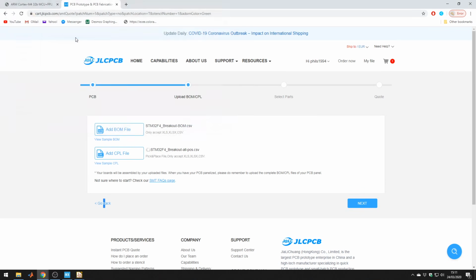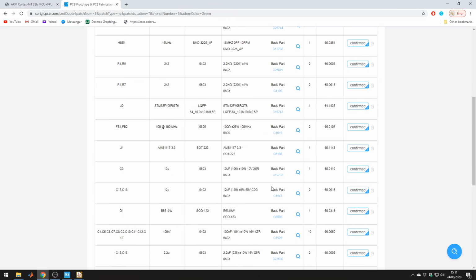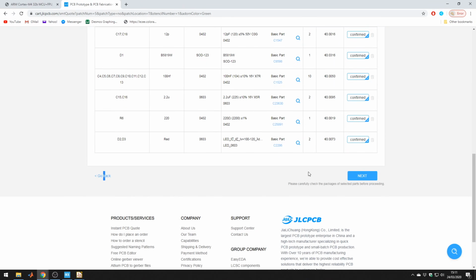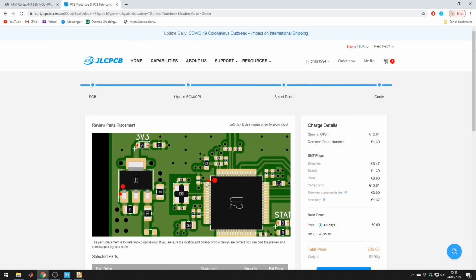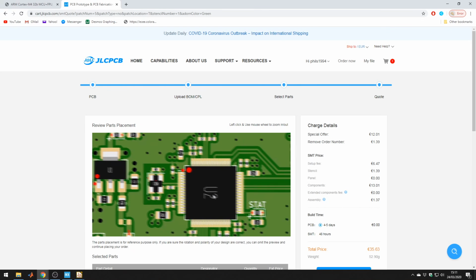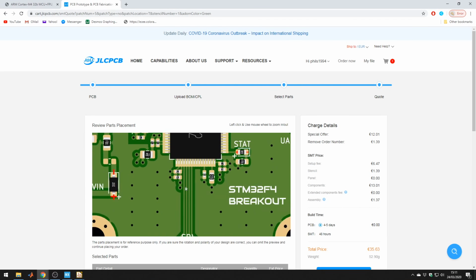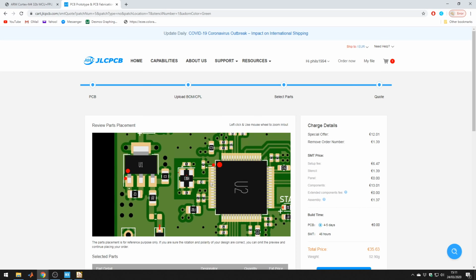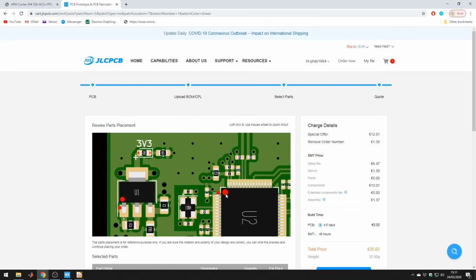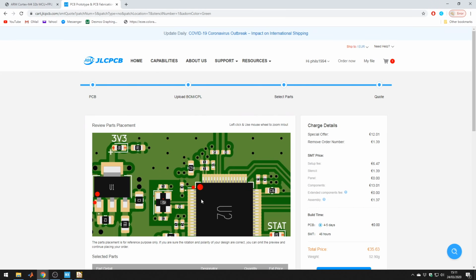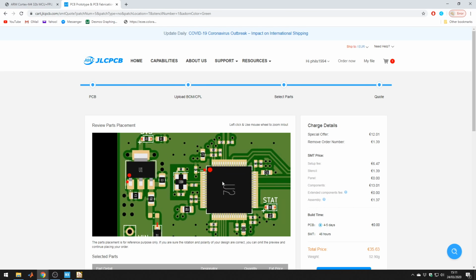re-upload the footprint position file. Don't have to re-upload the BOM because nothing's changed. Press next, and with any luck, everything's correctly rotated. So U1's correct, U2's correct, all the diodes seem correct, right? That's why I put these dots there. That's why I put the plus symbol there, because I know the anode and cathode of diodes in the part placement. And if you're happy with that,